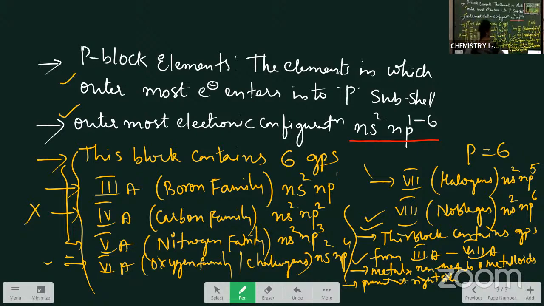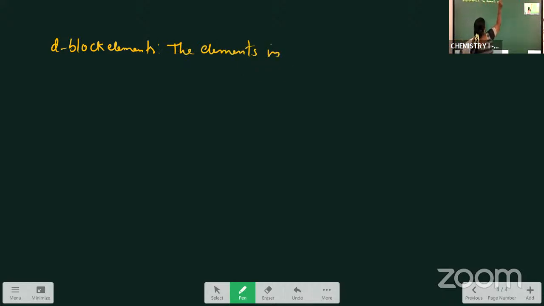The next is D block elements. What are D block elements? The elements in which the differentiating electron, as we call it, because of this electron these elements get special properties, so that is why we call it the differentiating electron, enters into